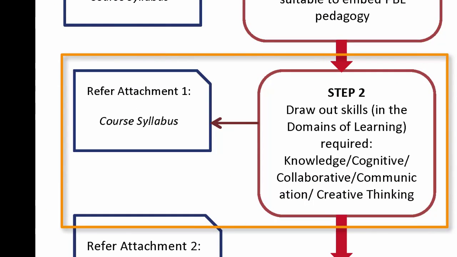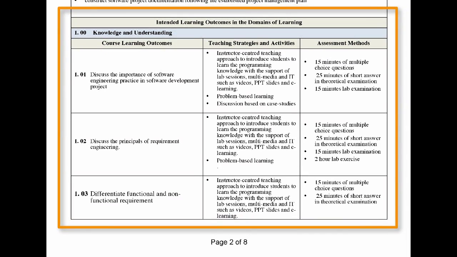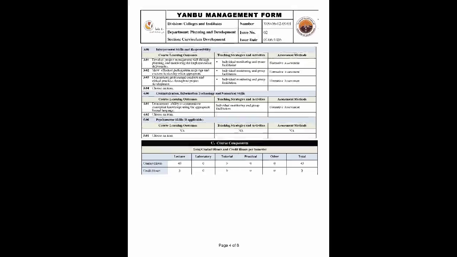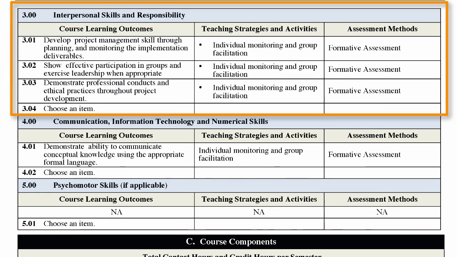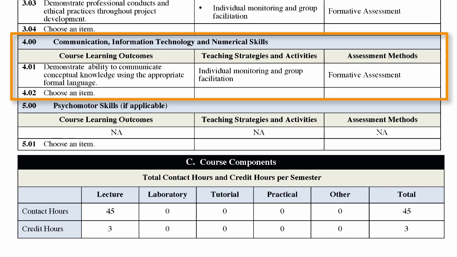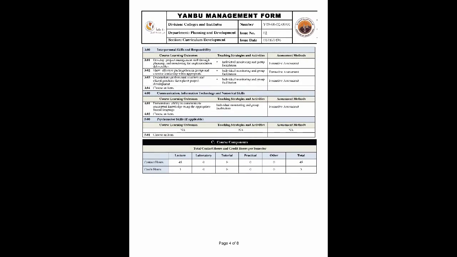In step 2, refer to your course syllabus again, and focus at the domains of learning. In our typical course syllabus, the domains of learning are 1. Knowledge and understanding. 2. Cognitive skills. 3. Interpersonal skills and responsibility. 4. Communication, information technology and numerical skills, and 5. Psychomotor skills. In order for you to write a PS, you need to draw out the necessary skills from the